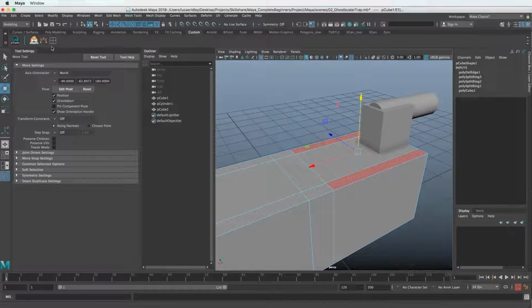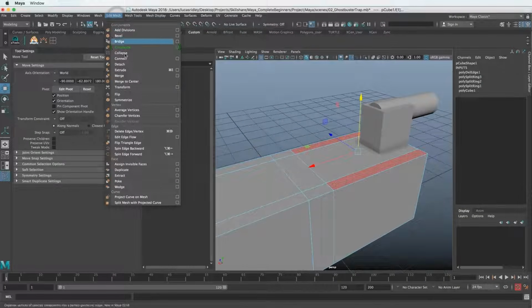So to extrude, it's another tool like we did the insert edge loop tool, but this one is in the edit mesh option here. And I'm going to Command Shift it because I'm going to use this more than once probably. And to that point, there's a ton of options in here to do stuff. And this is why I like adding things to my own custom shelf, because I'm not going to use most of this stuff, right? We're not even probably going to cover half of this stuff because you just don't use it that much.